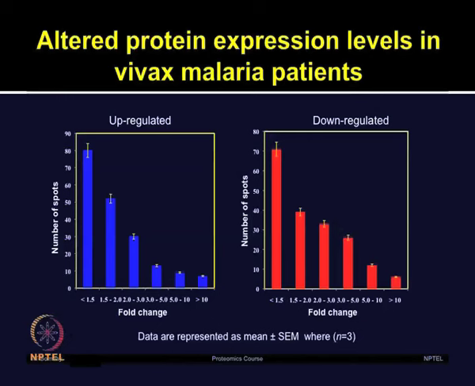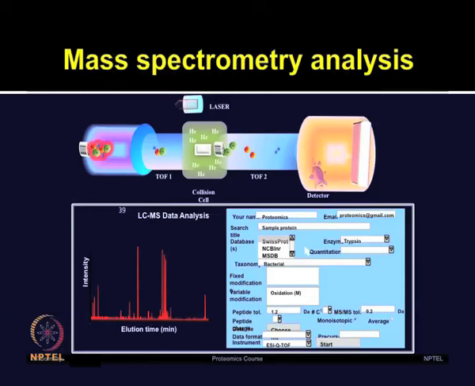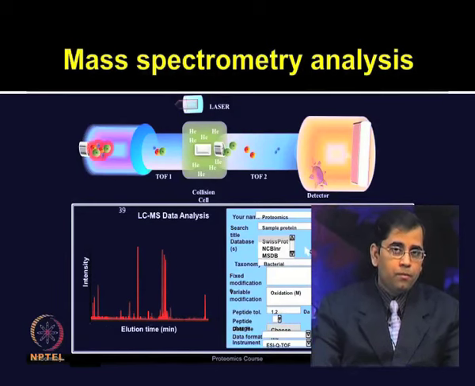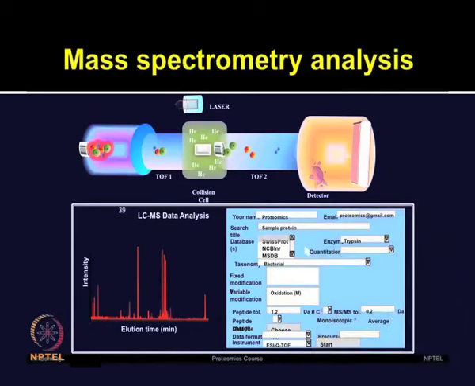So, these protein spots were considered interesting because those were statistically significant, and then these spots were further analyzed using mass spectrometry techniques. This slide gives you an overview of the tandem mass spectrometry technique, followed by how LC-MS/MS data can be analyzed by using the Mascot search engine. Different types of mass spectrometry techniques are available, including MALDI-TOF and LC-MS/MS based approaches, and we will talk about these techniques in much more detail in the next module when we talk about mass spectrometry.